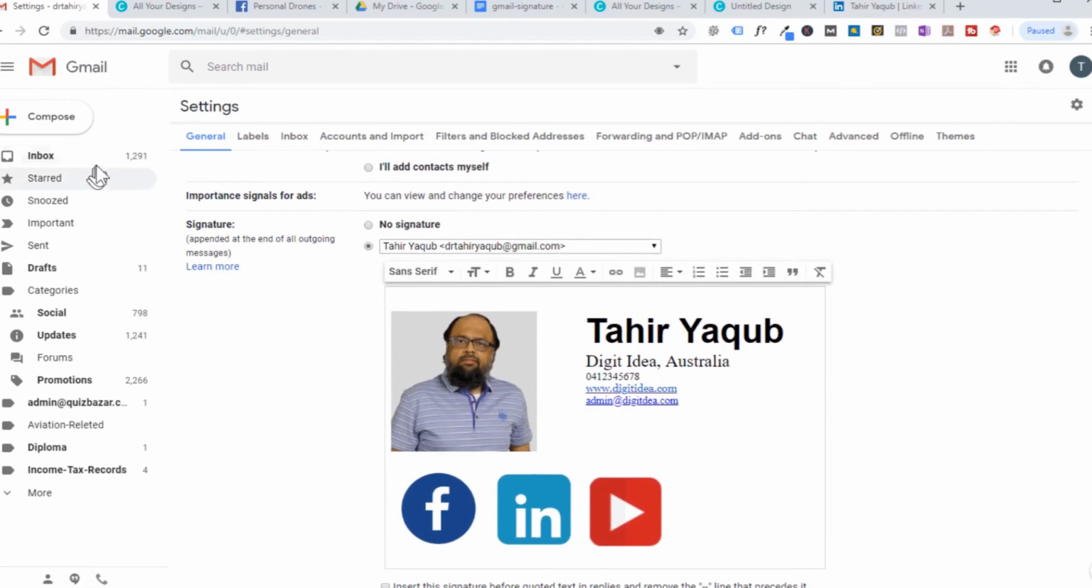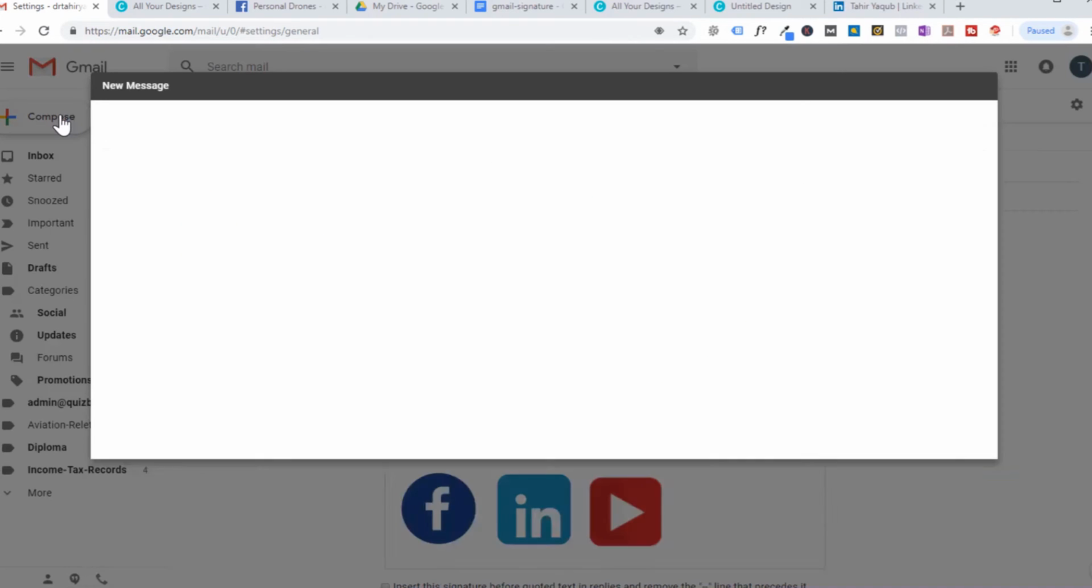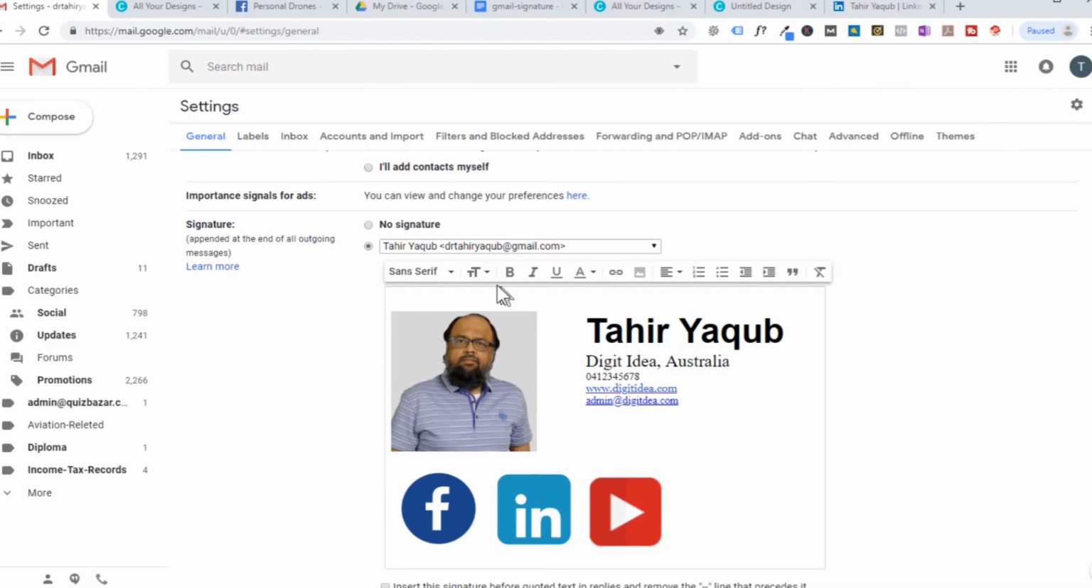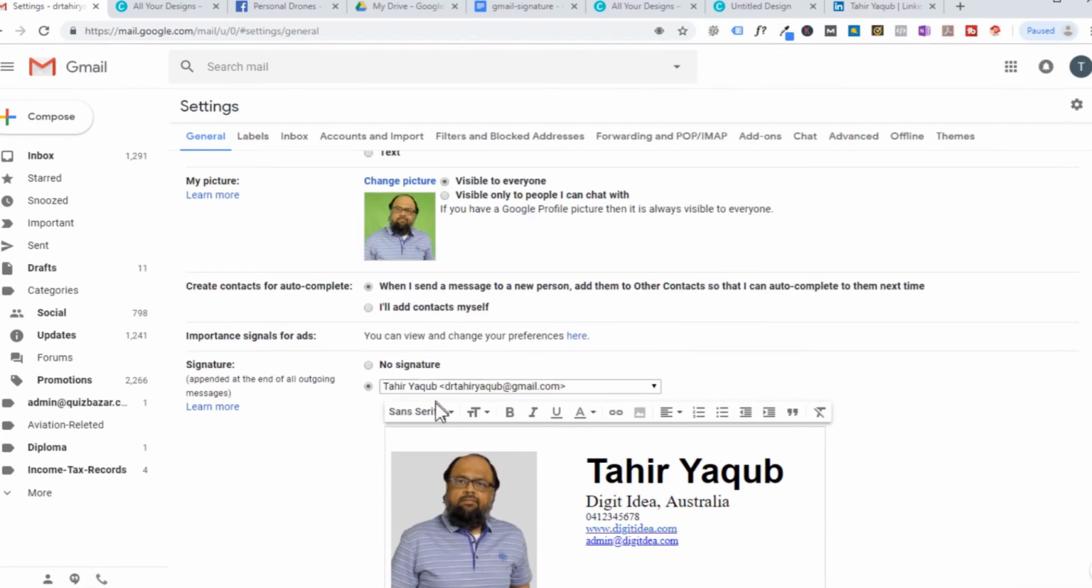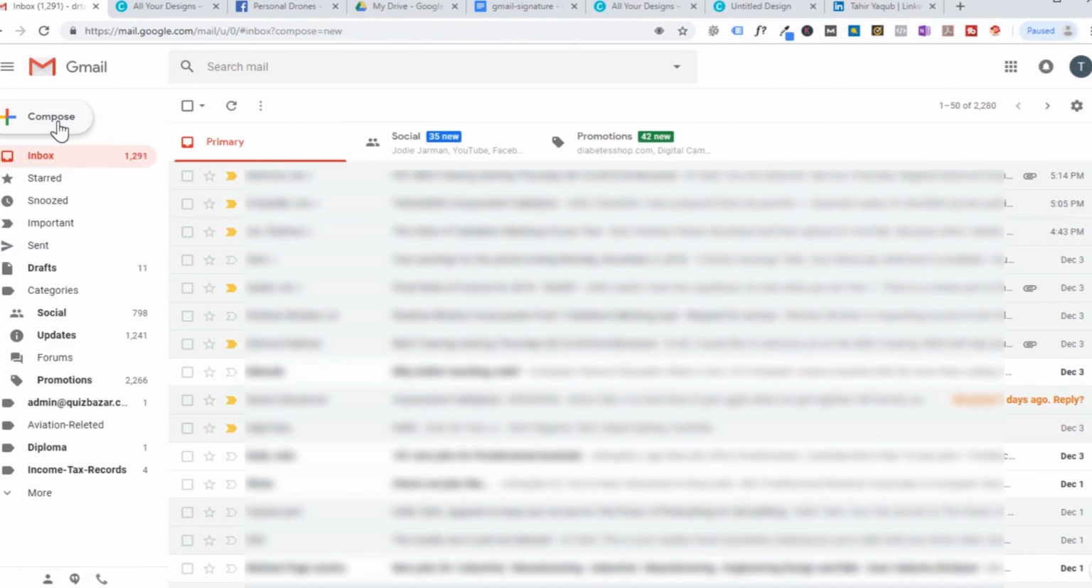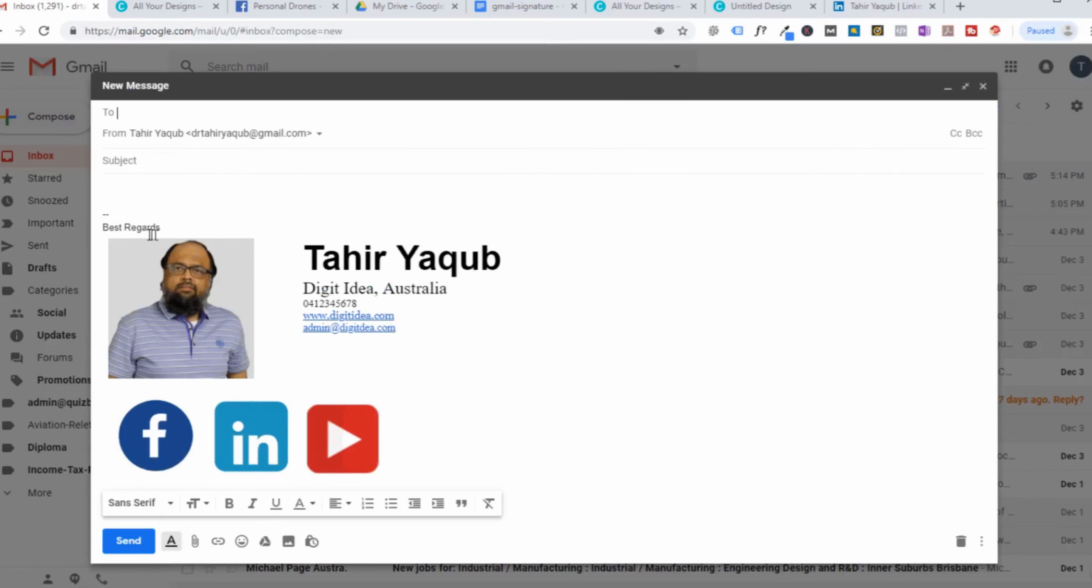So when you compose an email, let's say we compose an email, and you can see that the signature is here. You can also add one more thing here, that above this signature you should add something like best regards. Don't forget to save your changes again. And now when you compose, as you can see, your signature is here, and once you send an email